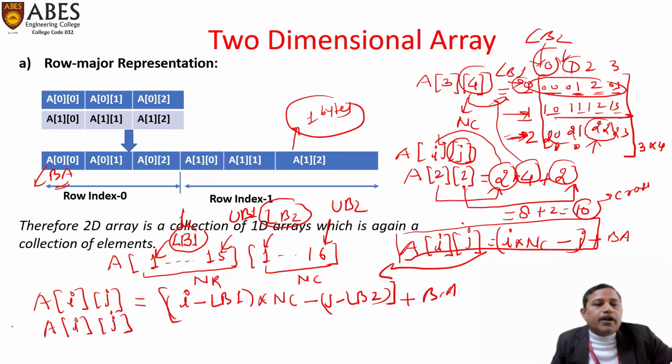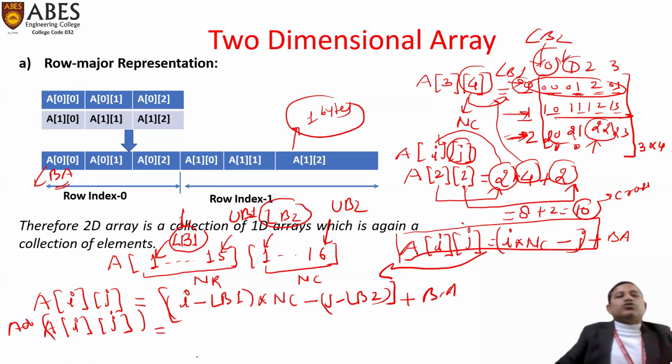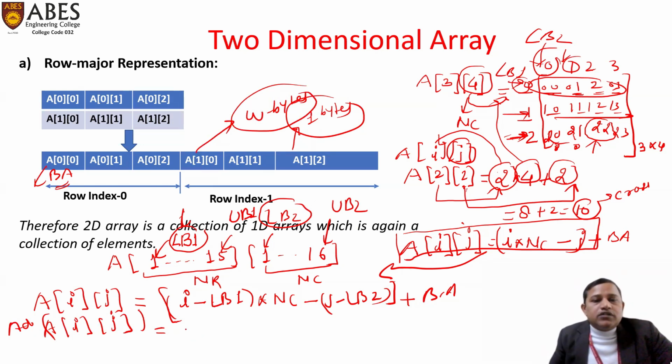This is the address of any particular element located at row I and jth column, and if the cell size is equal to w bytes, meaning you generalize the size of an element to w bytes, then this formula is simply: first the base address plus I minus lower bound of row,